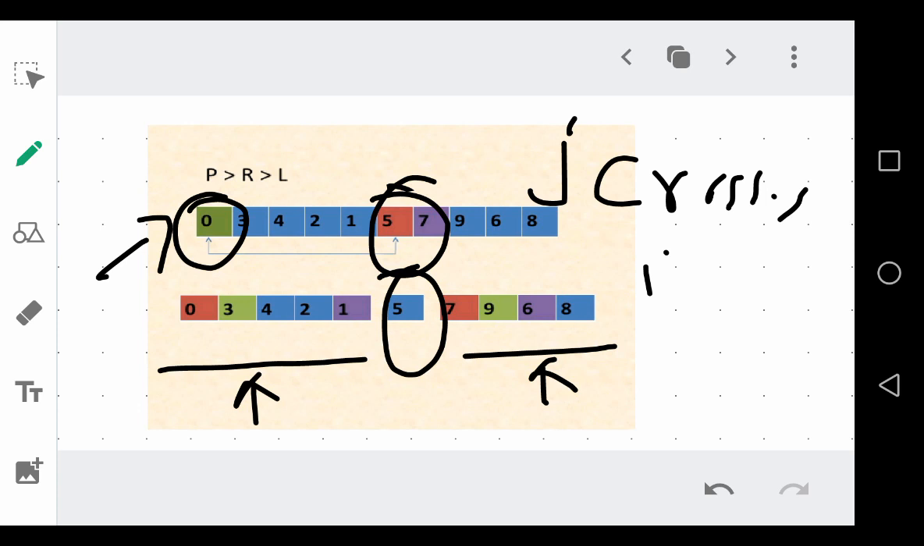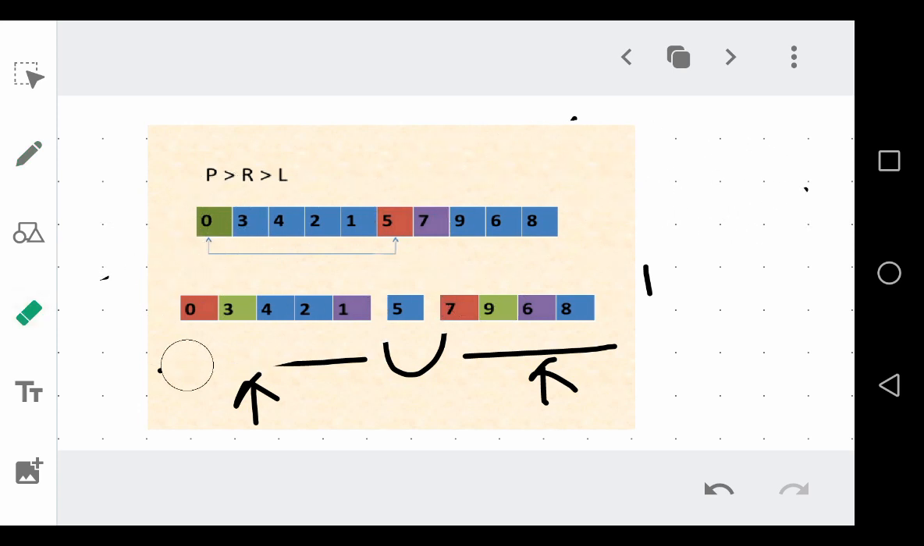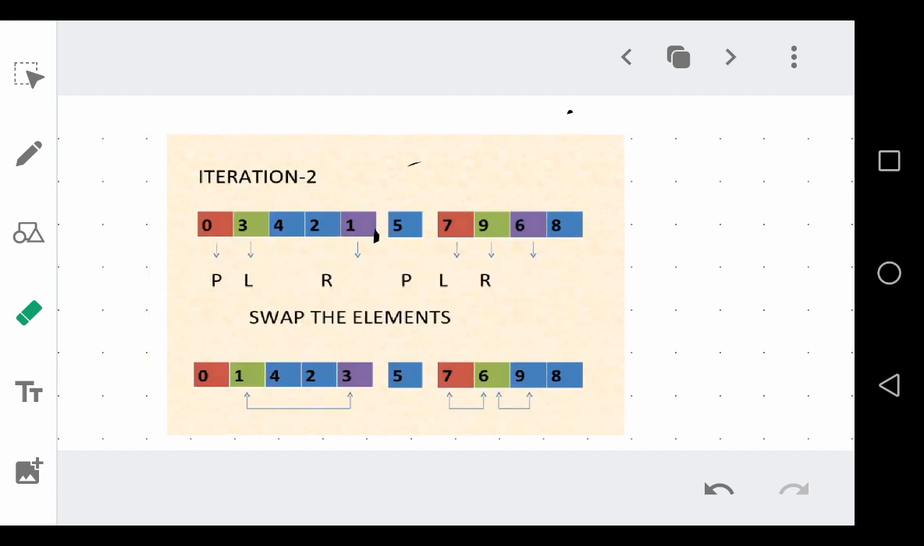Ordered manner means that the elements that are less than the pivot are in the left sublist and the elements that are greater than the pivot are in the right sublist. So this thing we are getting after the first iteration. Now in the second iteration,